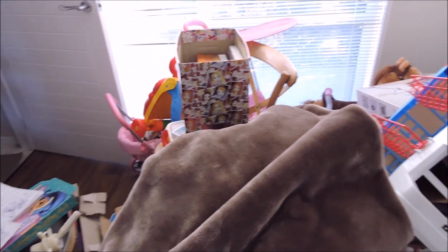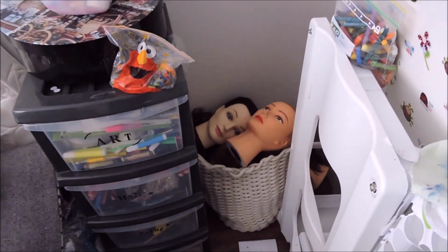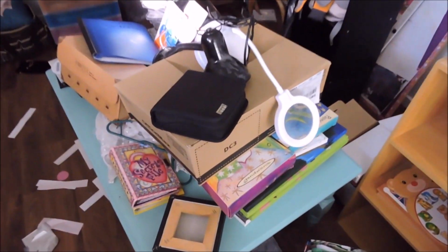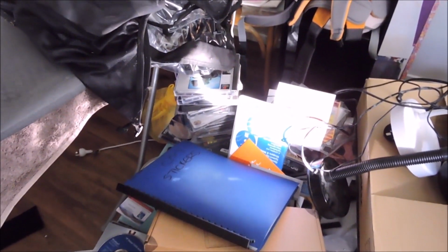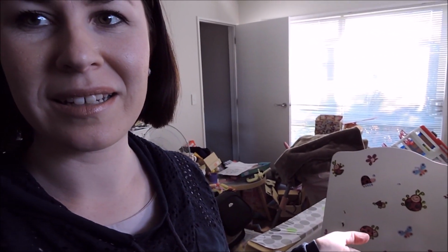Lots of old kids' toys and baby things, and art supplies, hairdressing supplies, really old art things and old games like PlayStation 1 games and more baby stuff. My sewing, exercise equipment, there's just a bit of everything in here, and because obviously it's such a mess, I haven't been